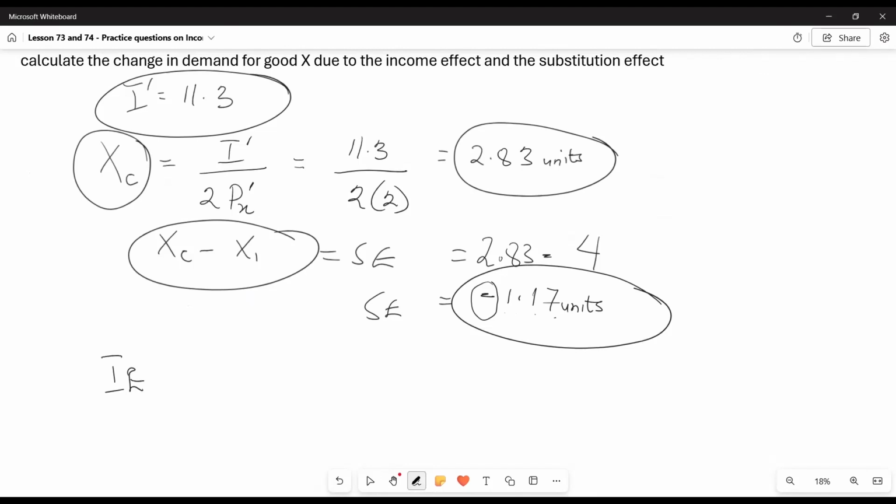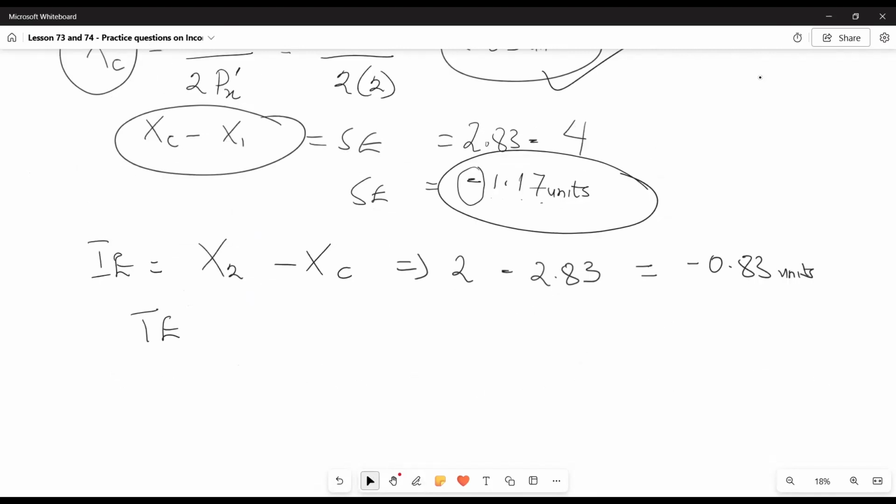So let's look at our income effect. Our income effect is the difference between X2 and XC. So we know that the new demand, which is X2, is 2 units, and then XC we calculated as 2.83. So this simply means that the difference due to income effect is minus 0.83 units. Now, to confirm that this calculation is correct, we know that total effect is equal to minus 2,